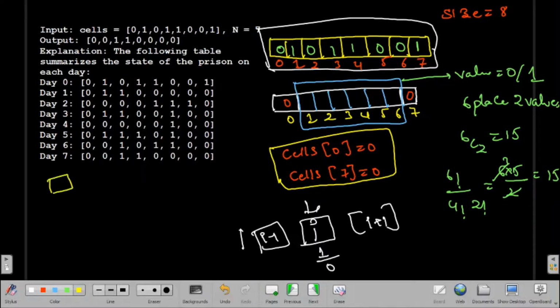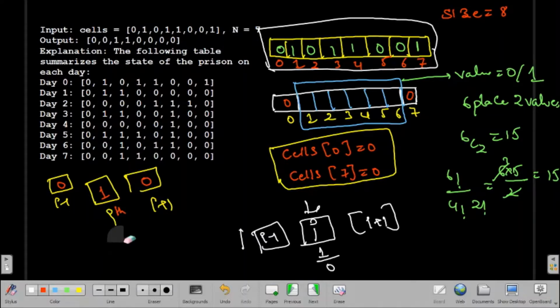What I mean to say is that this is I minus 1, this box is I plus 1, and this is my ith index. For the ith index, if my I minus 1 is 0 and my I plus 1 is also 0, then my value will be 1 for the ith position.